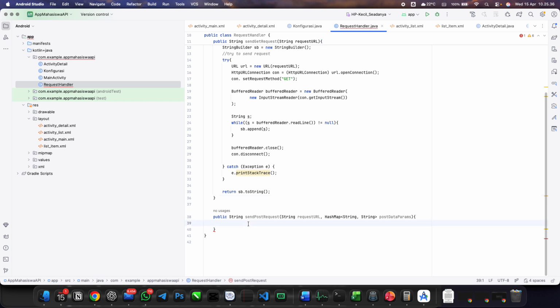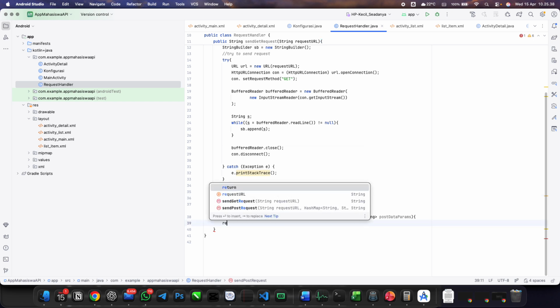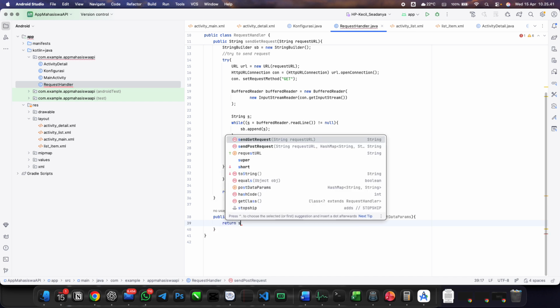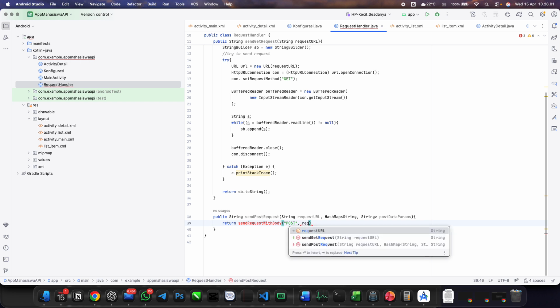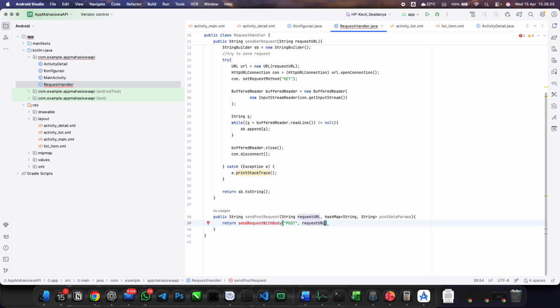Okay, what do we return? We will return the send request with body. The server request method will be post. Okay, and then the request URL, and also the post data params.